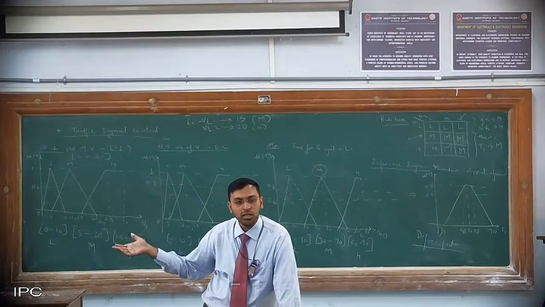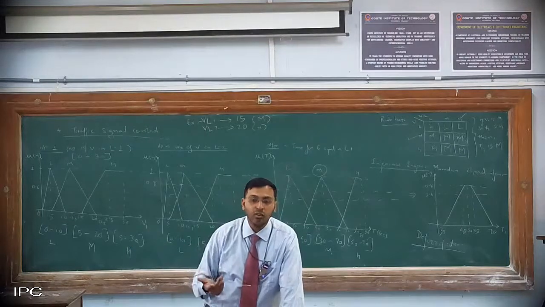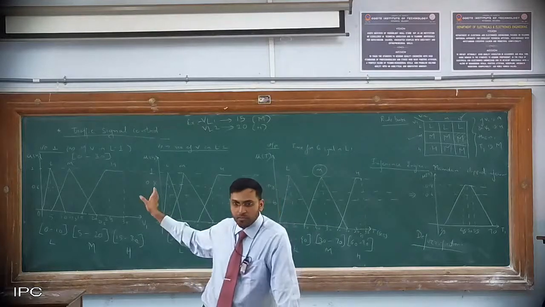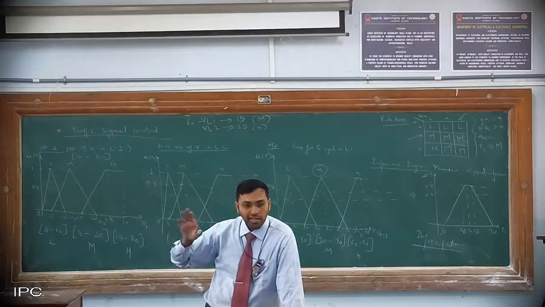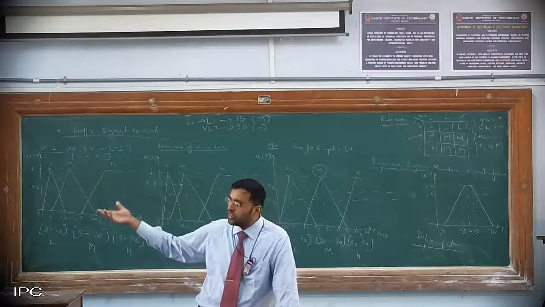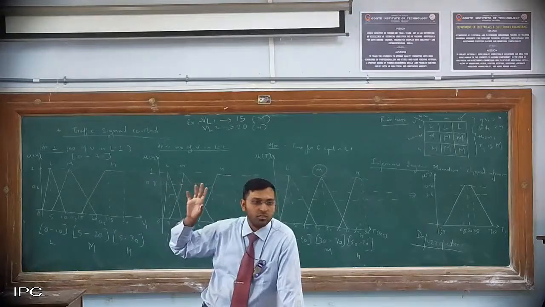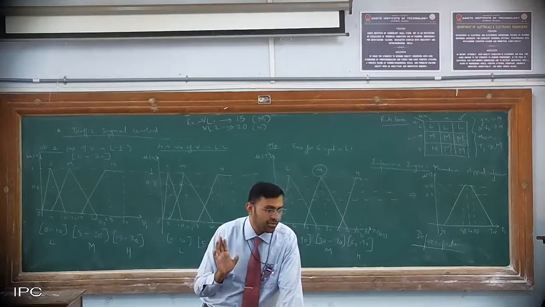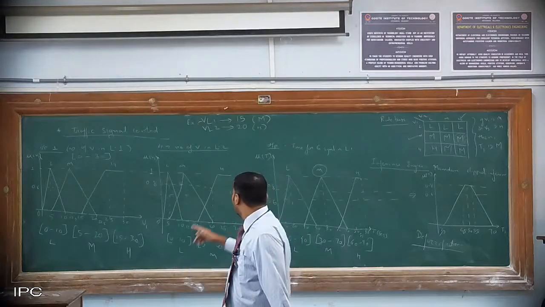Once you select M, they will send it to the testing division for checking the performance of the system. If it is working satisfactorily with M, then it will be retained. Else, if the answers are not appropriate, the value will be changed to H and the performance checked again. Whichever gives the best performance will be selected. Clear? Okay.